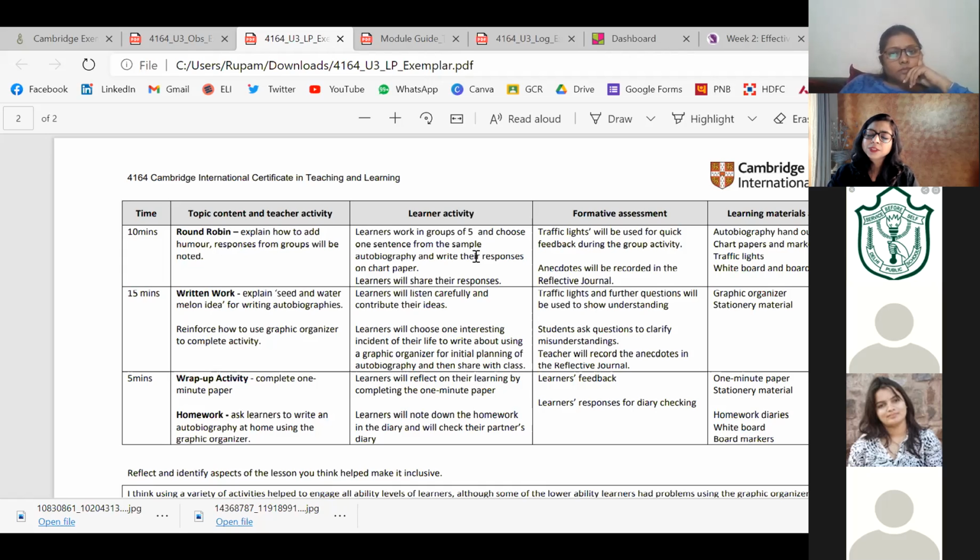So that's also possible, and they may work in pairs, or they may work individually, because they are seeing other people's sentences, so they are getting an idea. Obviously there is help being provided, because children are putting in their interesting sentences there, so they are seeing each other's sentences and getting help from that, right? So those who are slow learners are learning from others' work and then trying to figure it out themselves.